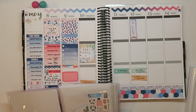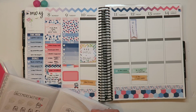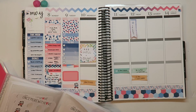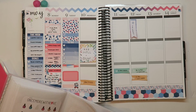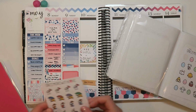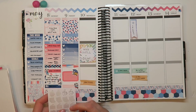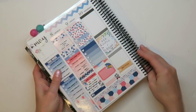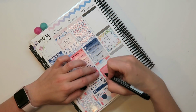It just helps me so I don't have to always reference my phone, which is, I use iCal, which is like an Apple phone calendar that syncs across the cloud and all my Mac devices. I am a Mac girl through and through. That's just easy for me because it's always on the go, and I don't carry my planner around with me. I have enough stuff to carry around with a toddler, so I don't choose to carry a planner around,